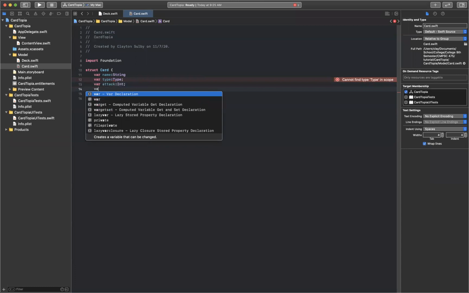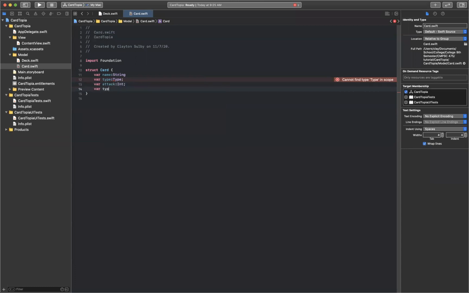And var defense. Oh my gosh, is it fence like fence, or is it fence like SE? Let's just do fence like that, defense. Okay. Oh yeah, I'm putting semicolons when I shouldn't be. So you don't need the semicolons, my bad guys. So name, type, attack. Oh yeah, type, can't see that. Don't worry, we'll fix that. Attack, defense, and